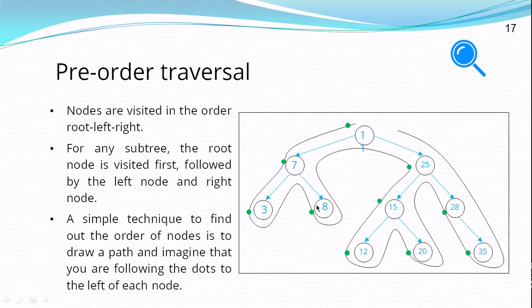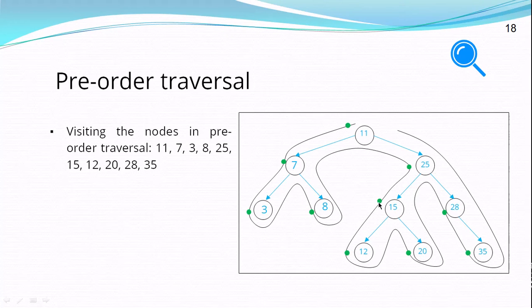You come to a single node. Indicate that you visited it, first of all, by placing a green dot by its side. No left child, no right child. So you go all the way up here and explore 11, the original root's right-hand branch, in exactly the same way. So you come across a node, mark it, and explore its left branch. Come across a node, mark it,